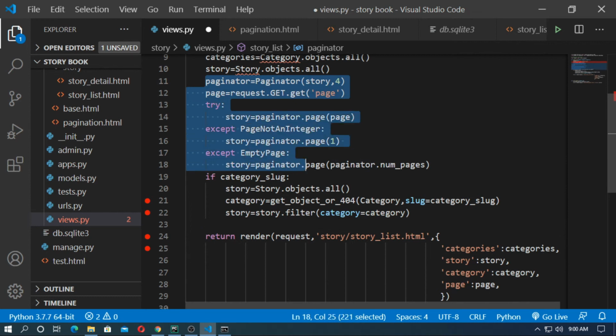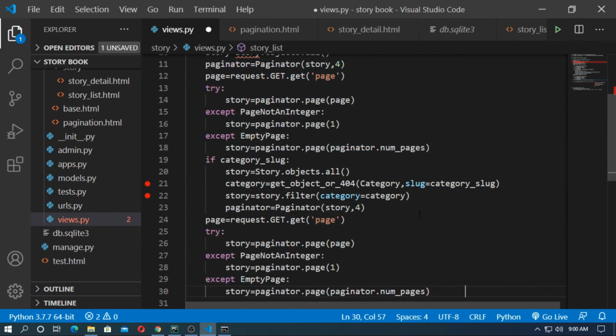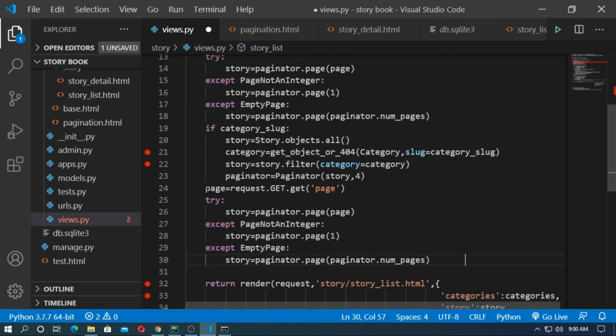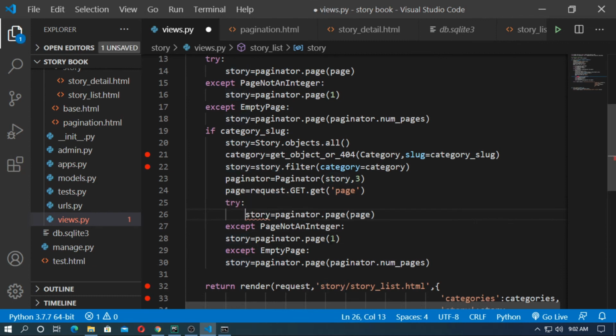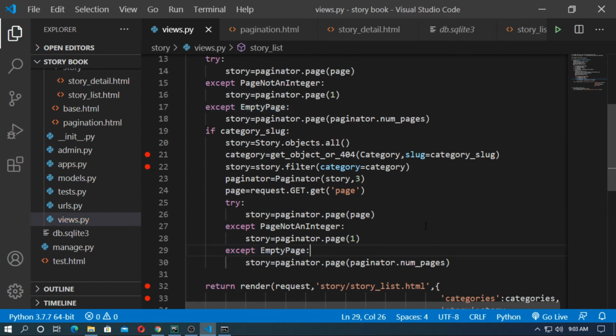So just copy it and paste here. Just do the right indentation. This story variable is inside the try block, this story variable is inside the except block, and this story variable is inside the except block. Okay, so now save it.